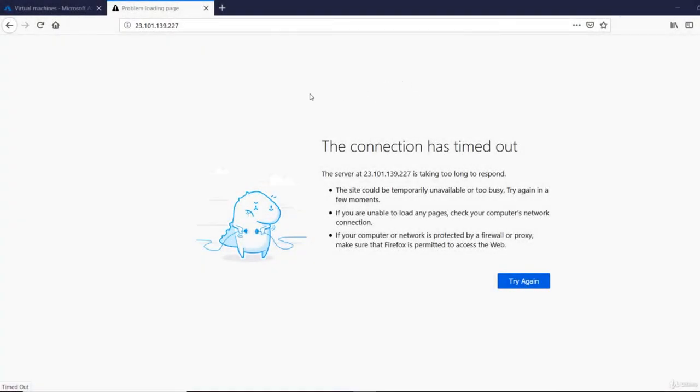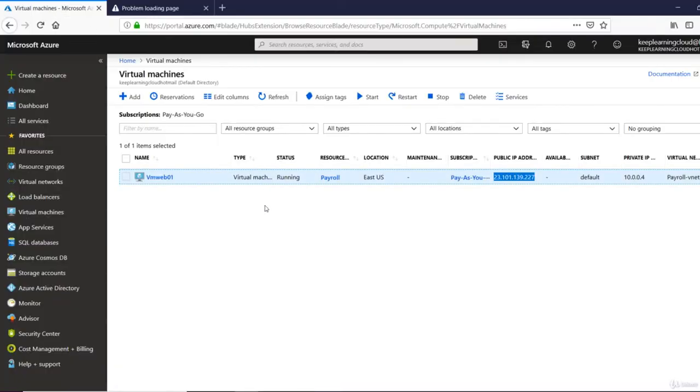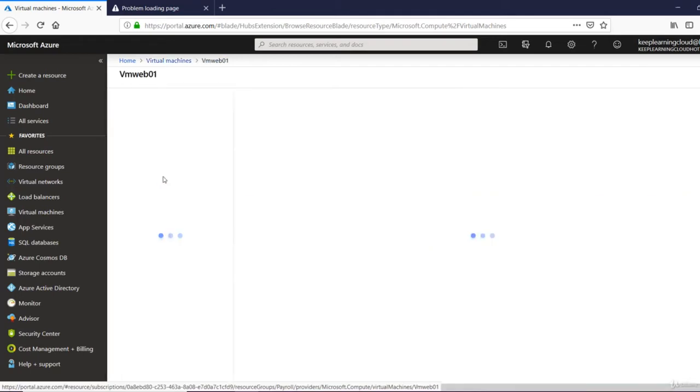So this is where we were with the previous video. So we tried to access the web server that we just created, but we failed because the connection timed out. And the problem was that the virtual machine was not listening on port number 80. So now let's go ahead and learn how we can open ports on the virtual machine. Now I'm in the Azure portal. I'll click on the virtual machine here,